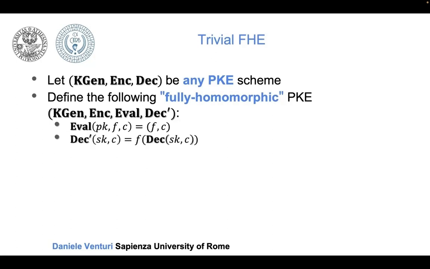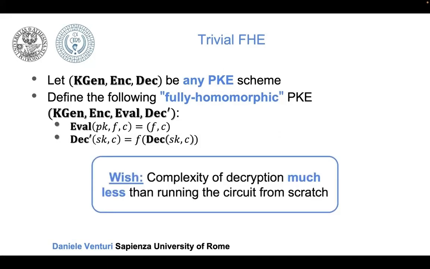And now the new decryption takes as input the function and the ciphertext. What it does is just apply f to the decryption of C. Of course, this is completely silly, because if you think about this cloud application,